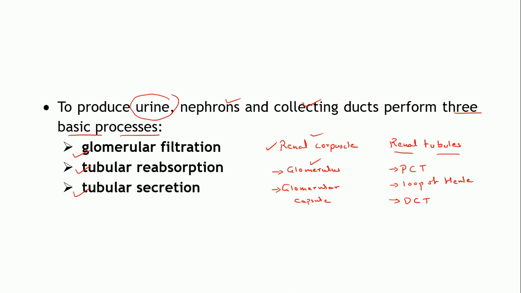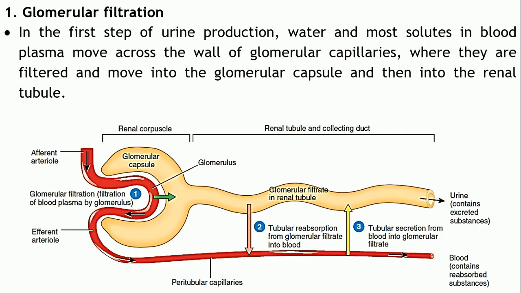So from here the urine will be drained into the collecting ducts from several nephrons. Okay, so with this brief revision about the parts of the nephron,